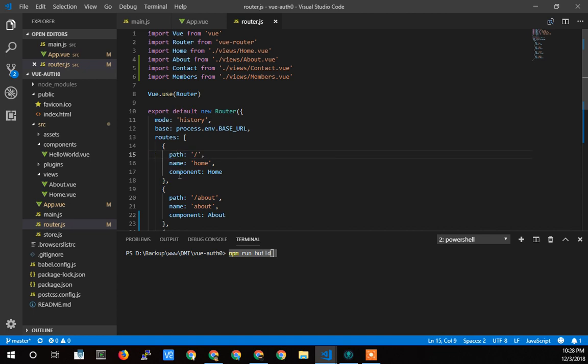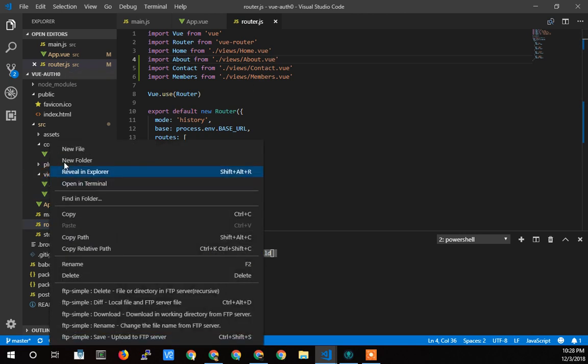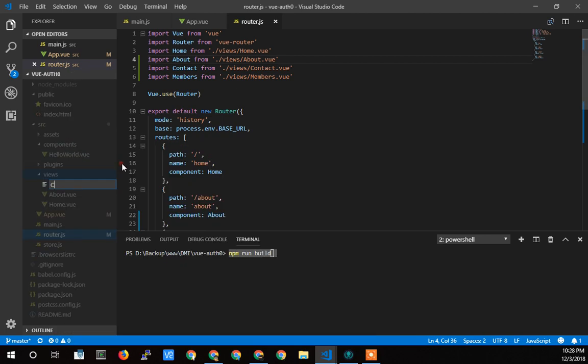That path tells Vue to load the component home. Home is imported up here from the home view. So the same thing with about: follow the same path and you end up with about through the about route. And you see we need to load an about view. Now we did get an about installed automatically, and we did get a home installed automatically, but we don't have contact and members. So we have to quickly create new files called contact